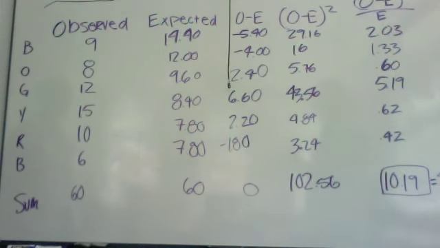So then, once you have all of your data entered into your calculator, you hit Stat, and then you go to Tests, and then you go to the goodness of fit test, and then you hit enter, and you put in the observed list, which is list 1, and the expected list, which is list 2, and the degrees of freedom, which is 4, because we have 6 colors, so we have 4 degrees of freedom, and then you hit calculate. This will give you your chi-squared variable, which is 10.18, and then your p-value, which is